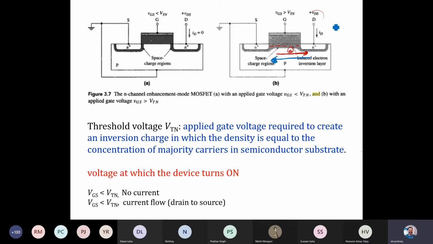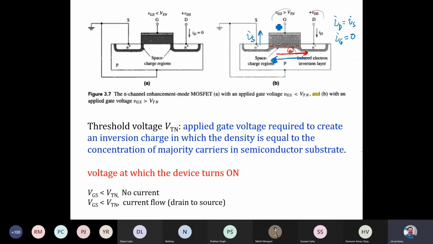The current will be ID, the same as IS for the source coming from here, while IG is 0, because there cannot be any current flow.